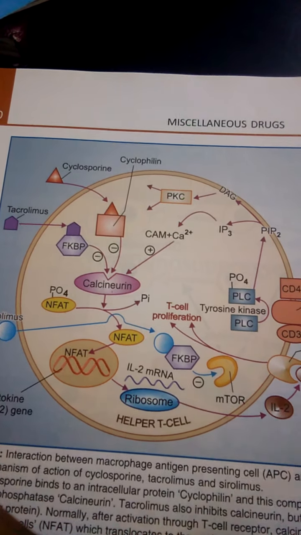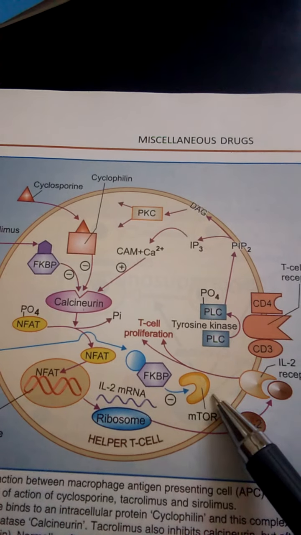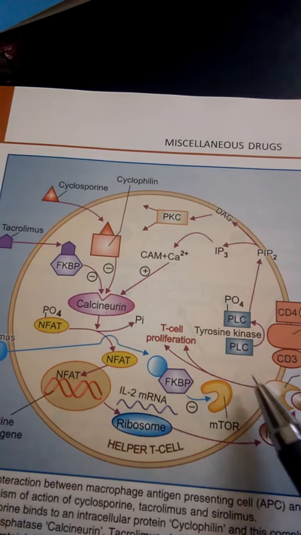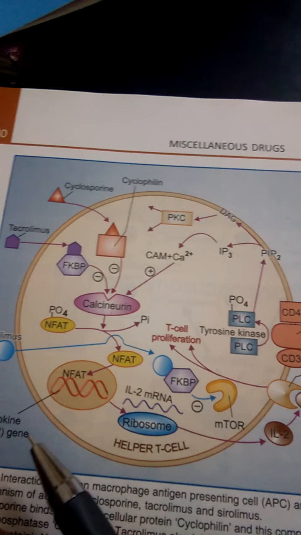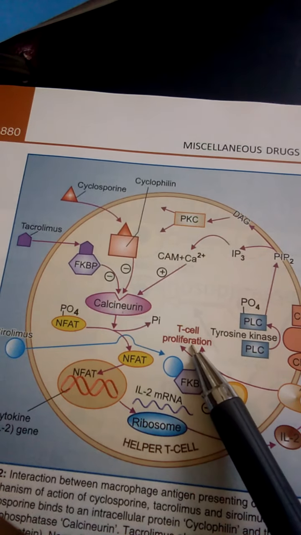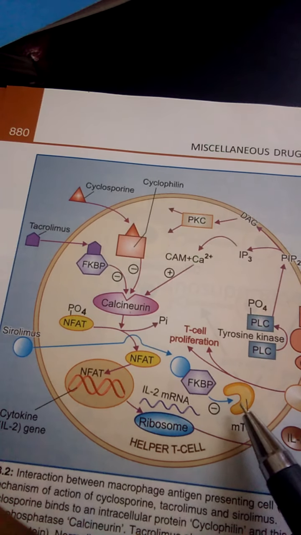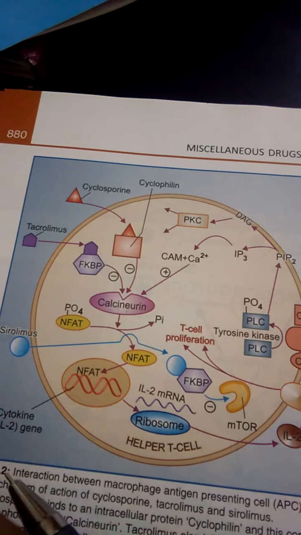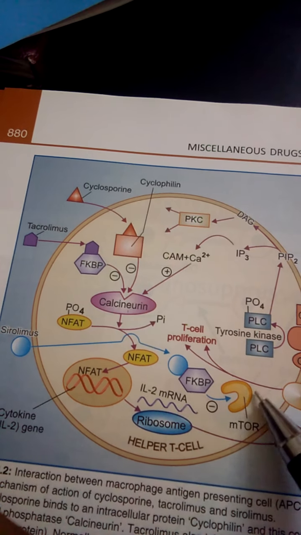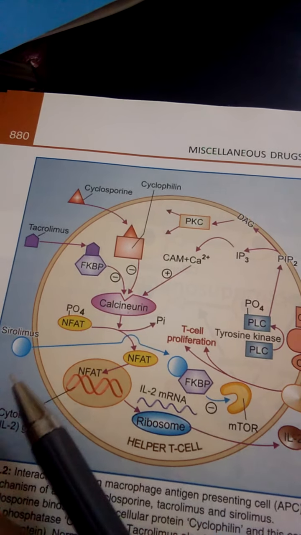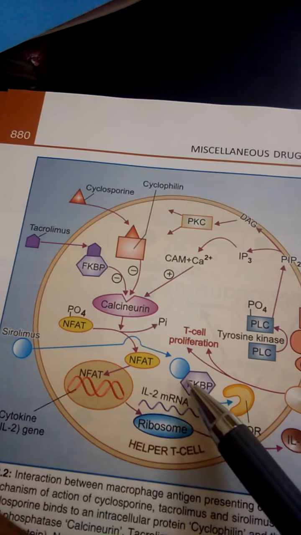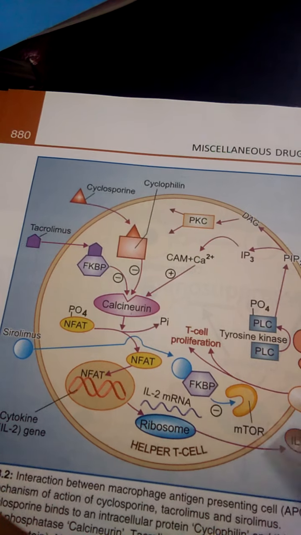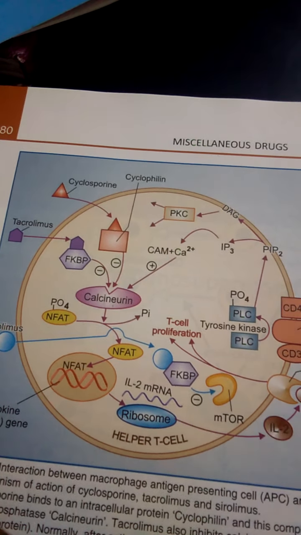mammalian target of rapamycin. These mTORs are responsible for the liberation of cytokines and cell proliferation, and are involved in the formation of cytokines and T cell proliferation. So here what happens, we are inhibiting that mTOR action. The general actions of mTOR are cell proliferation as well as cytokine formation. So this mTOR is inhibited by sirolimus after binding to FKBP. Sirolimus binds to FKBP, acts upon the mTOR, and inhibits the actions of mTOR.